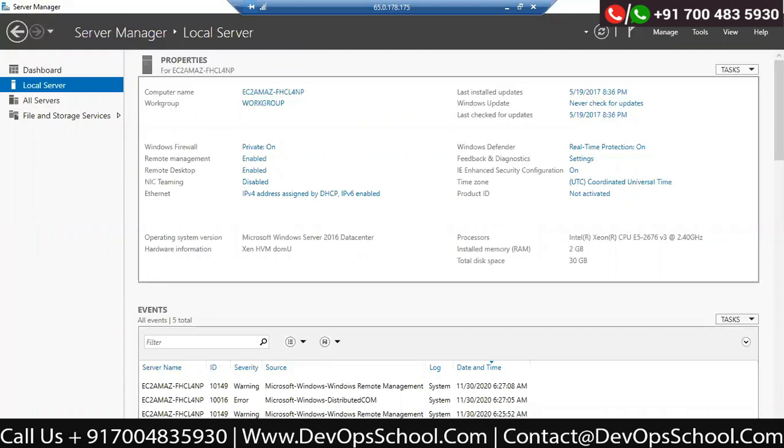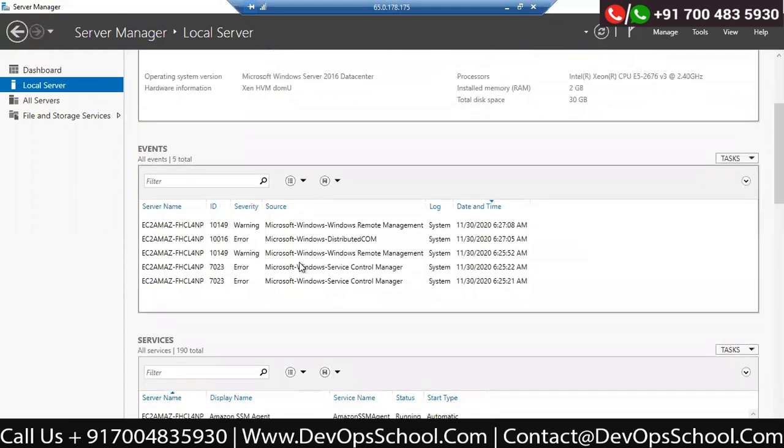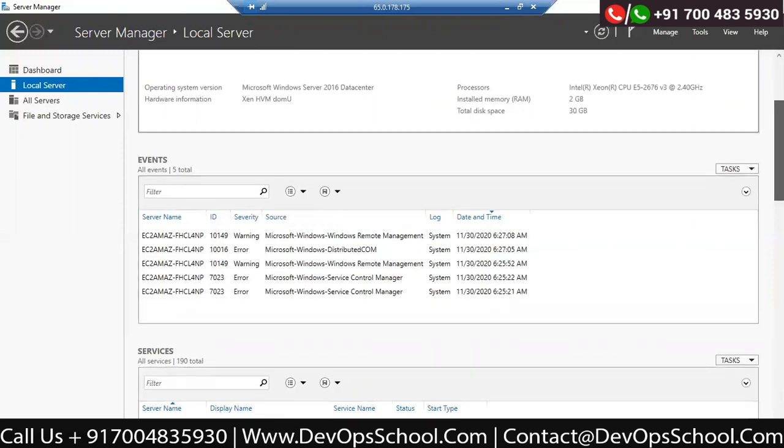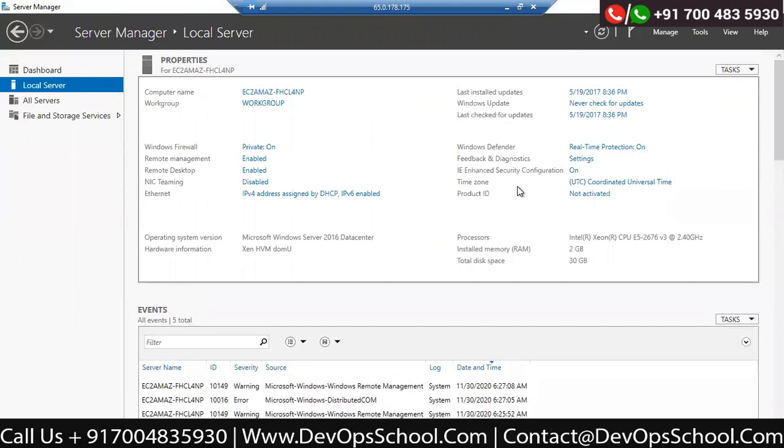See that someone modified your system policy. This event got written, and see what the ID is, event ID 10149. This should be monitored actually. So if someone is changing your event and the event ID is 10149 or 7023 or 10016, an alert should be created immediately. No one should modify the security of your server. So it's that kind of thing.